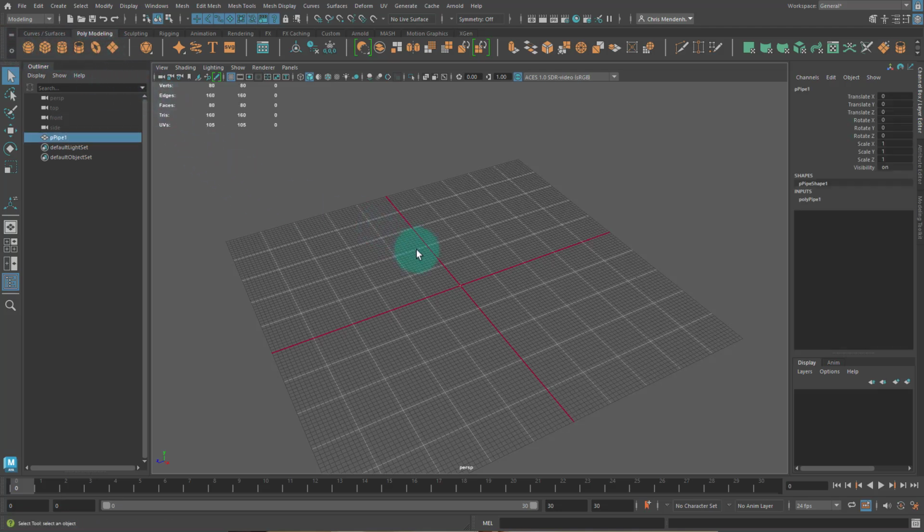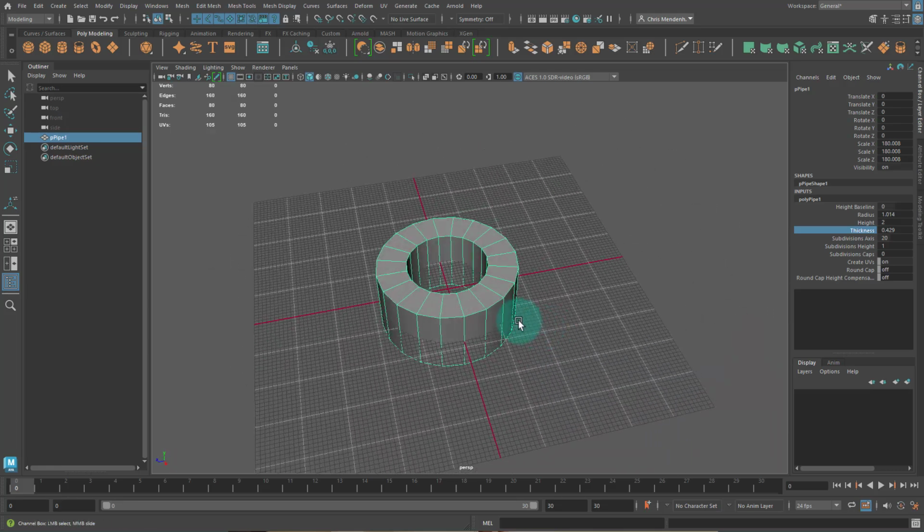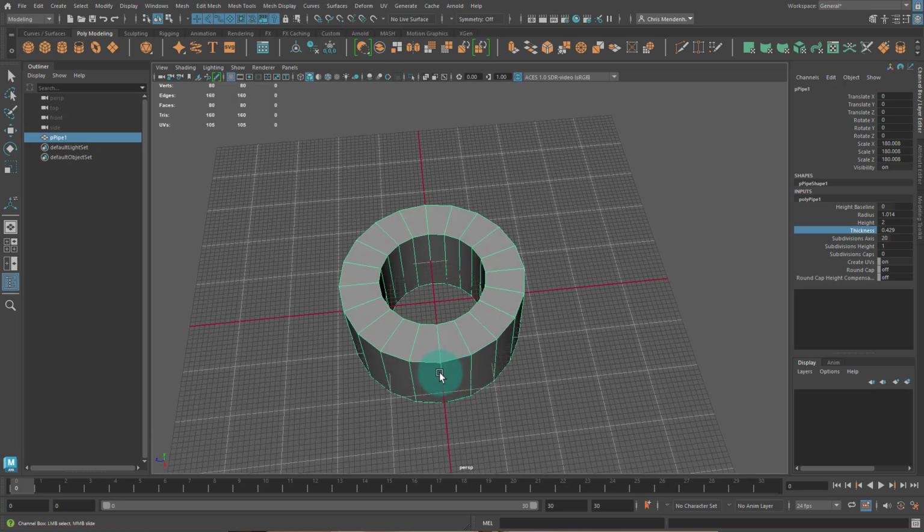Okay, so I'll create the pipe, and let's scale this pipe up so I can see it. Poly pipe. In here, I can change the radius and height and thickness, right? So radius, thickness, and subdivisions along the axis are the most important for the pipe. Because this is going to be smooth later, I'm just going to keep it at 20. I want that oval shape, so